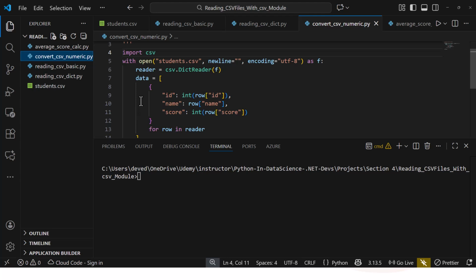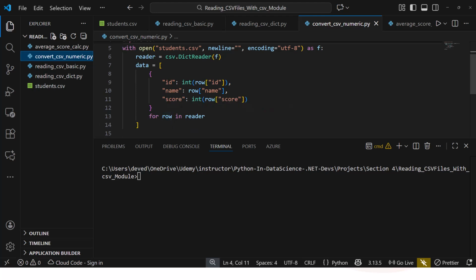This is different in the sense that I'm creating an array called data, and reader is still csv.DictReader, and I'm passing f, the file object. Here the ID is converted into an int, the name stays as the row name, and the score is again an integer: int(row['score']) for row in reader. So if I run this snippet of code,